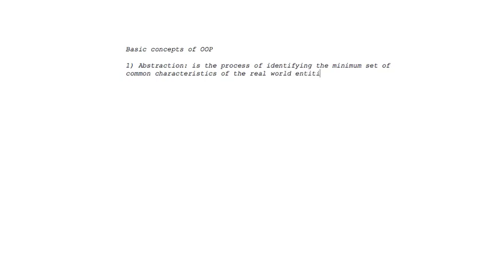The first thing is abstraction. Abstraction, this is the process of identifying the minimum set of common characteristics of the real world entities. So when we want to program something or design